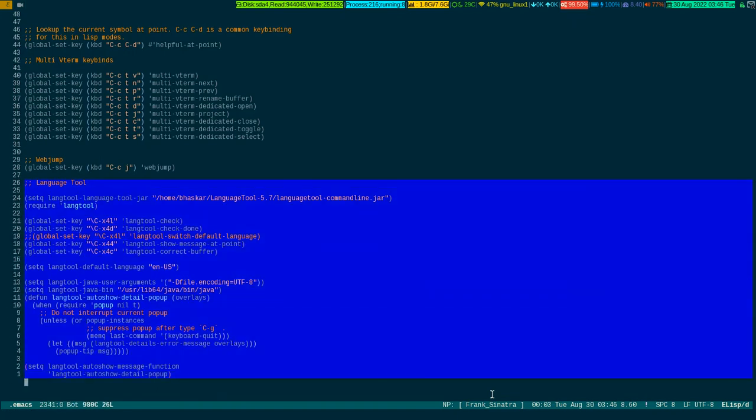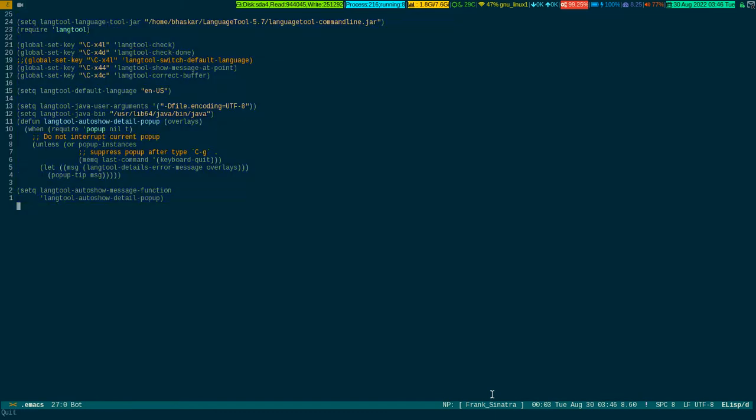I don't want you to get distracted, so this is the stuff you are supposed to have in your .emacs file. See, I have installed LanguageTool by tar, getting the tar and extracting it, because as I mentioned at the beginning of this video, I did LanguageTool stuff for Vim, so I needed this tool to work well with Vim, which